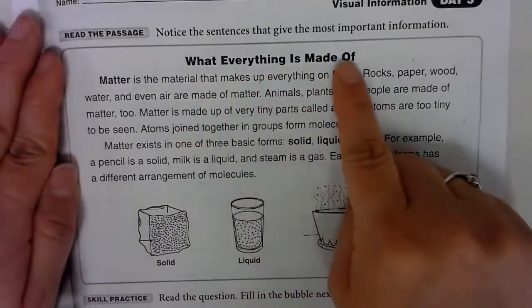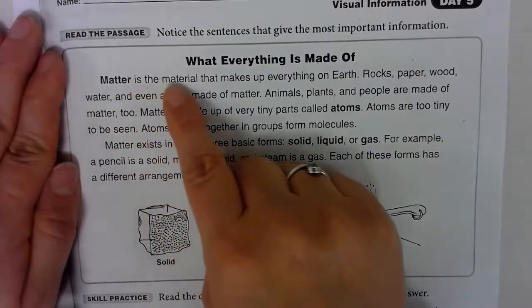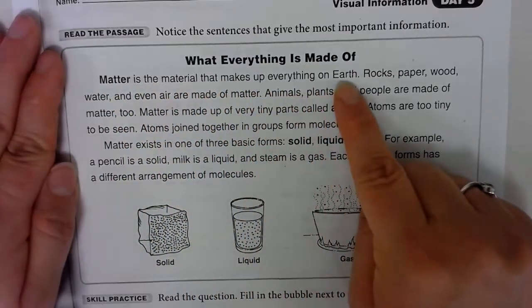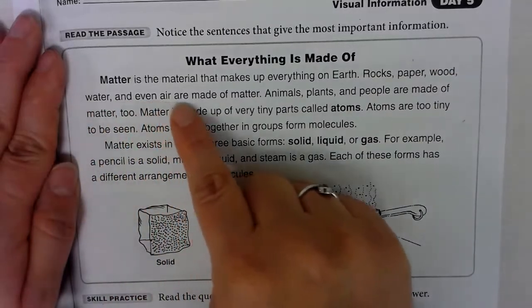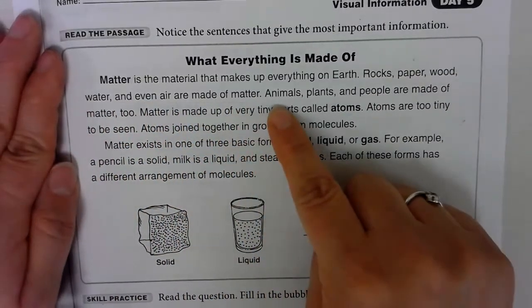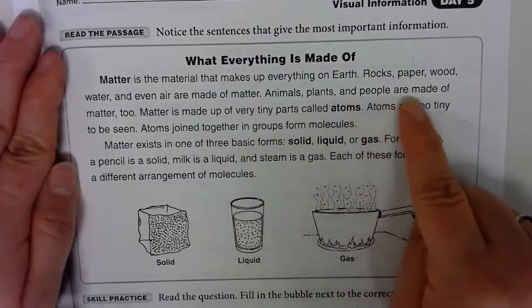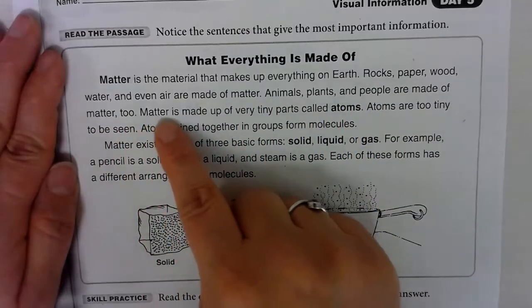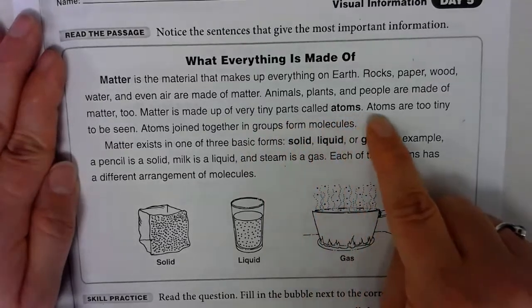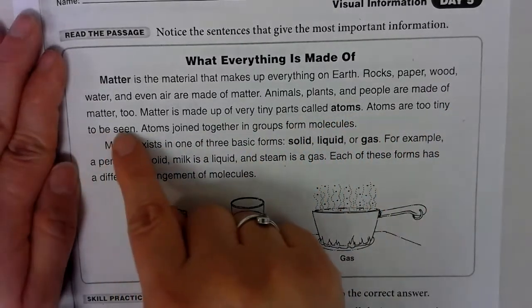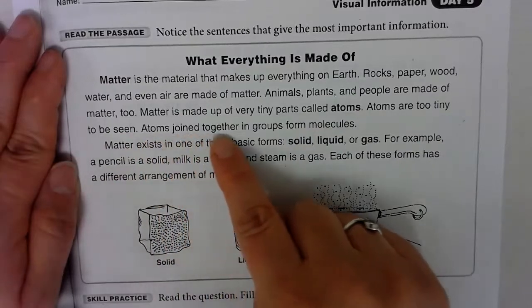What everything is made of. Matter is the material that makes up everything on Earth. Rocks, paper, wood, water, and even air are made of matter. Animals, plants, and people are made of matter too. Matter is made up of very tiny parts called atoms. Atoms are too tiny to be seen. Atoms joined together in